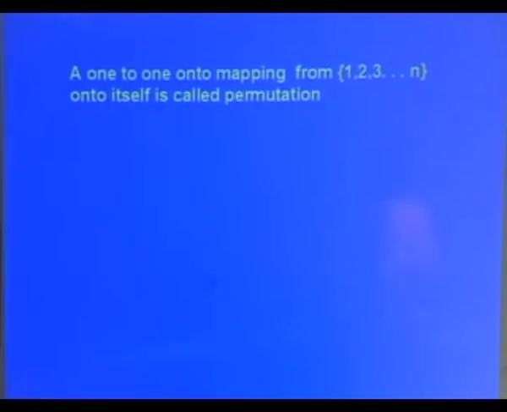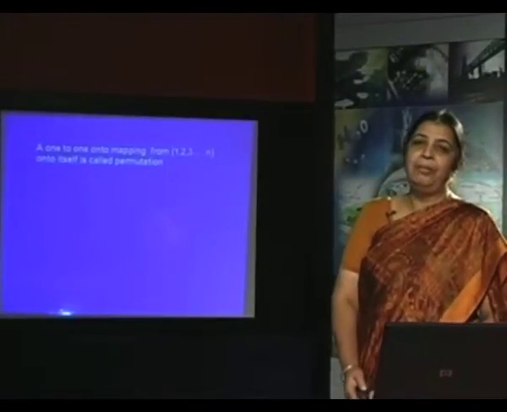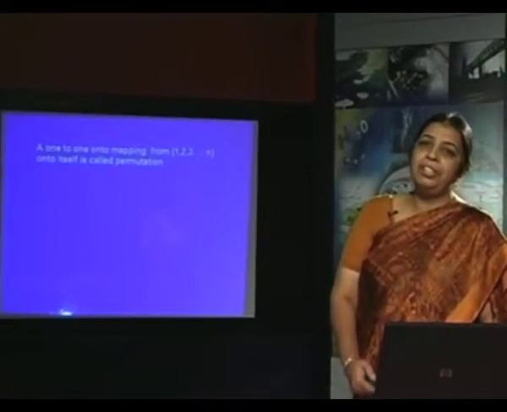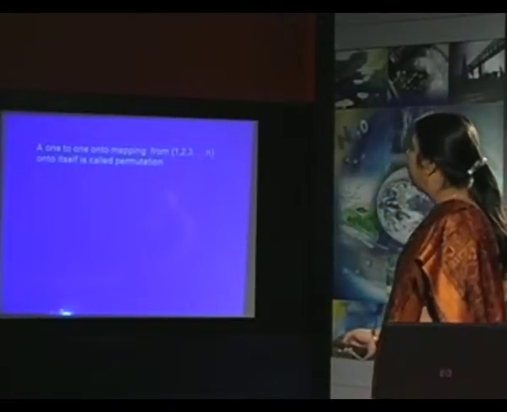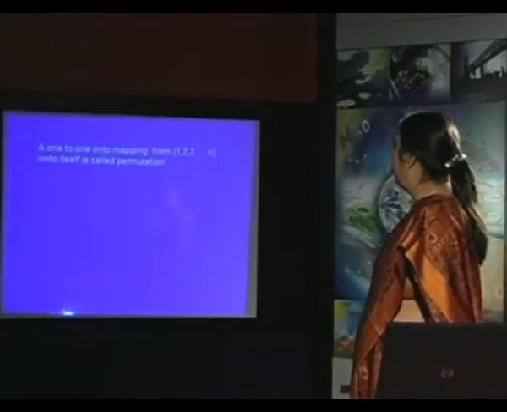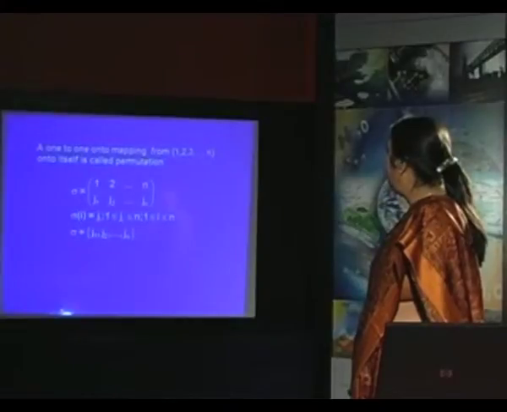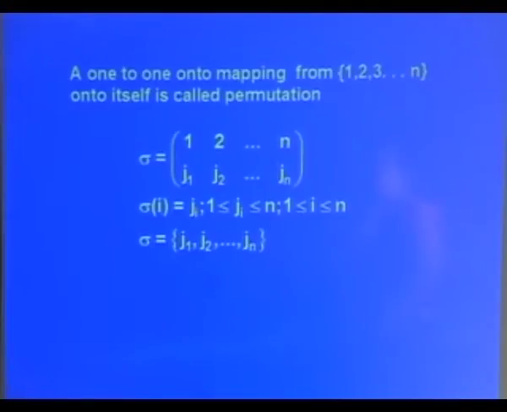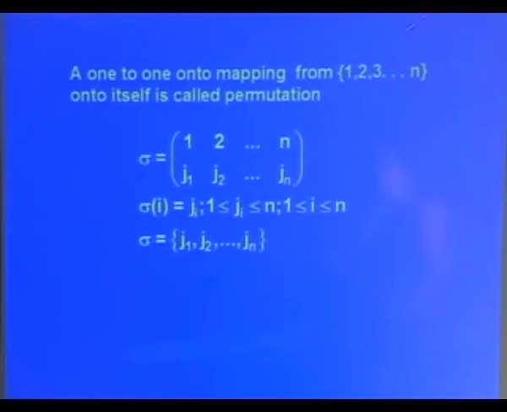Now, this is the way we define determinants for 2 by 2 matrices, but to define determinants in more general form, I will now give you some basic concepts. First thing is to define a permutation. A permutation is a one to one onto mapping from the set 1 to n onto itself. For example, if I have been given a set of first n natural numbers, then sigma is denoted as a permutation